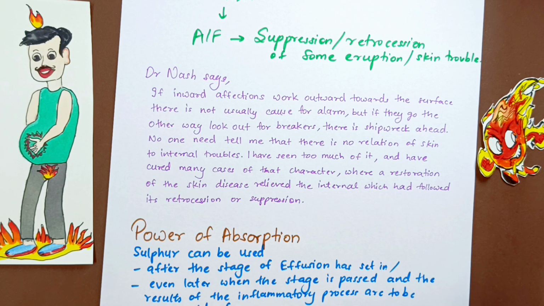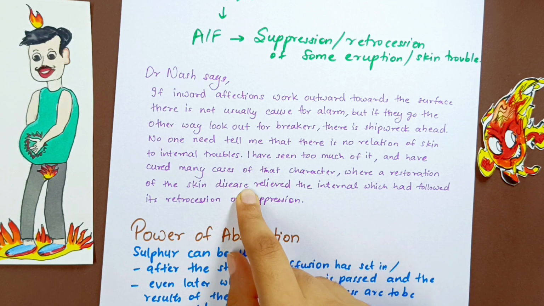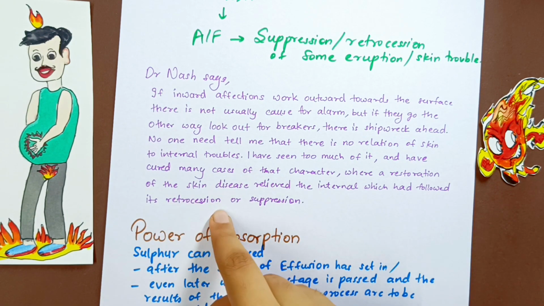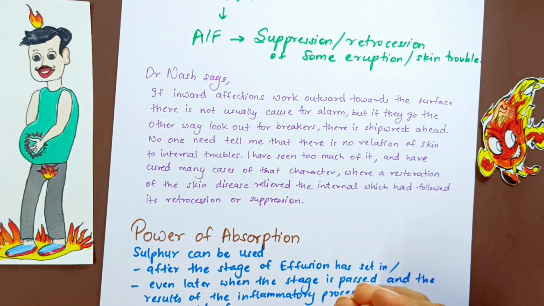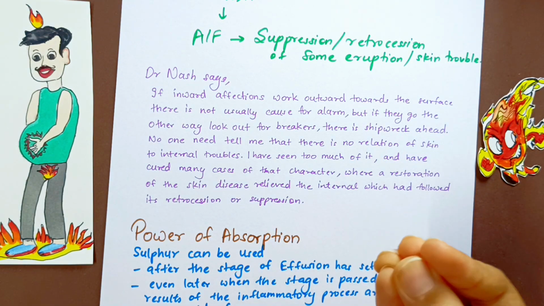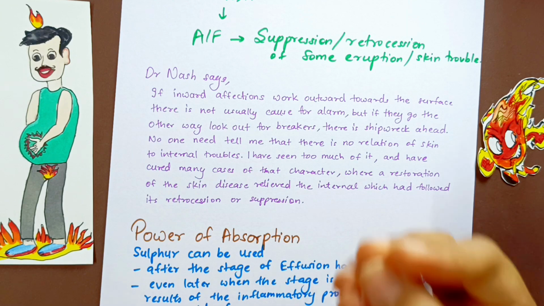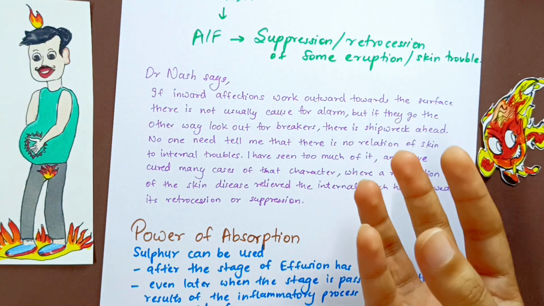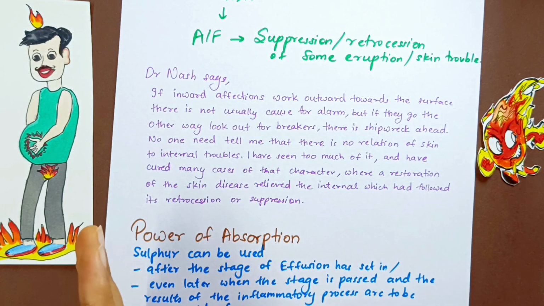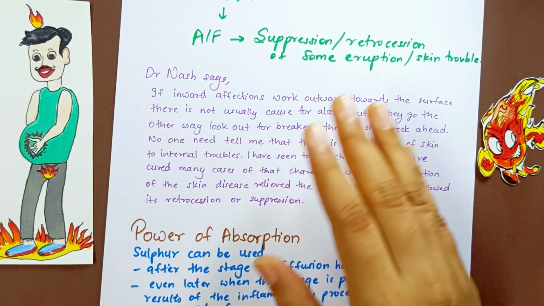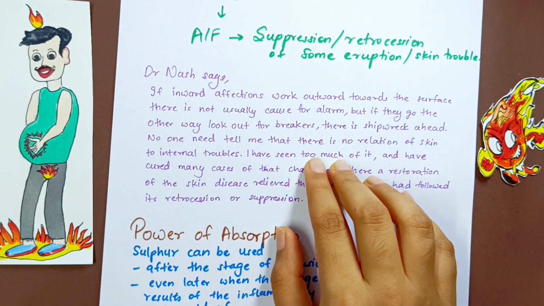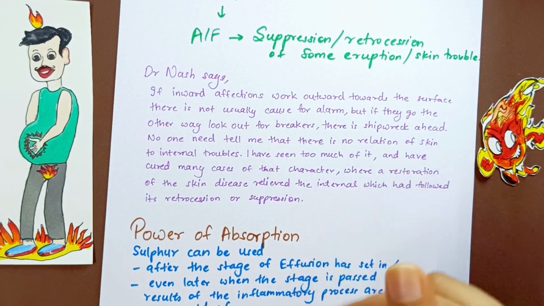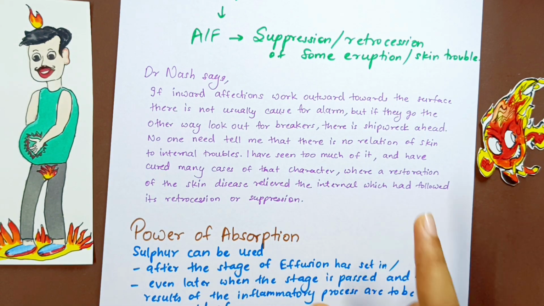He says that he has seen so many cases of this kind. He has seen the restoration of skin disease, which relieved the internal, which had followed its retrocession or suppression. So some patient came to you with a certain kind of symptoms, and then you see that after giving the right indicated remedy, that disease went away and eruptions came up, and after that eruptions also went away because the eruptions were in the history suppressed. And there is a case like this, when in due course we will also discuss that case. It is very interesting, and it will tell you more about this same concept,